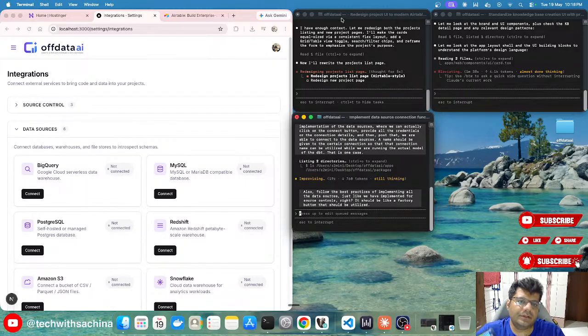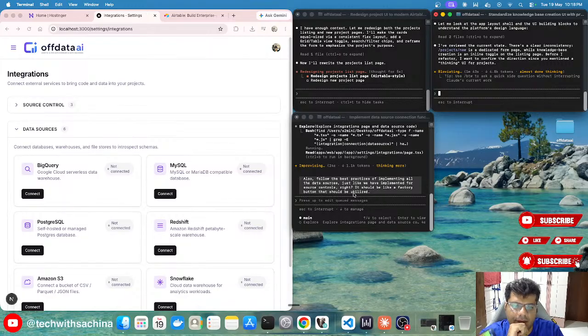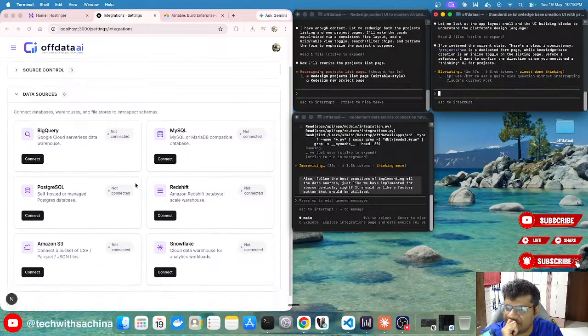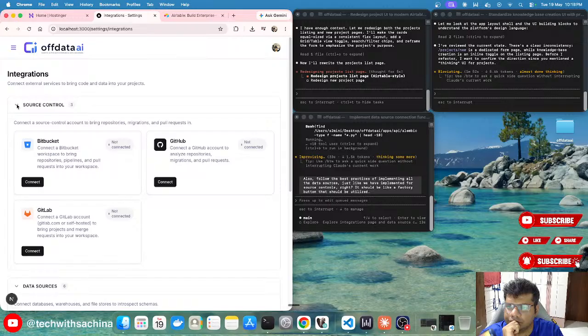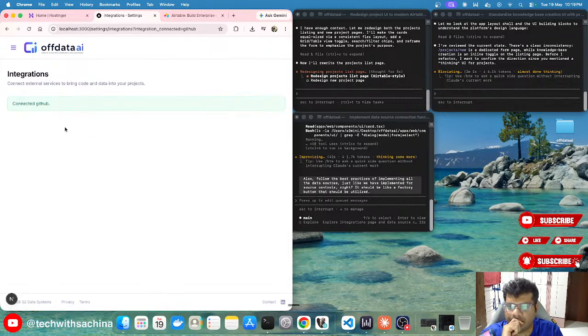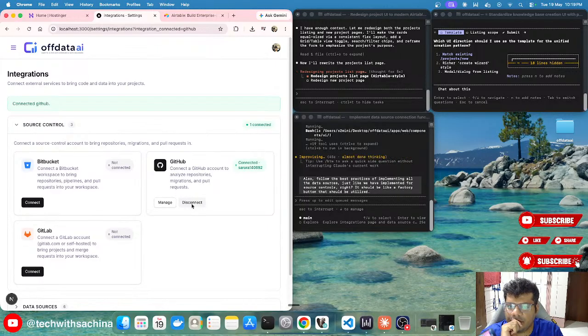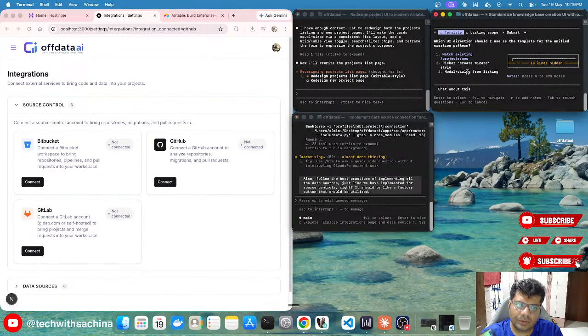Okay, this is working. Great. Bitbucket and GitLab we will also set up just like we have set up for GitHub. GitHub works perfectly fine. We are able to connect to GitHub. This is working pretty good. But the only thing is, once we connect to GitHub,